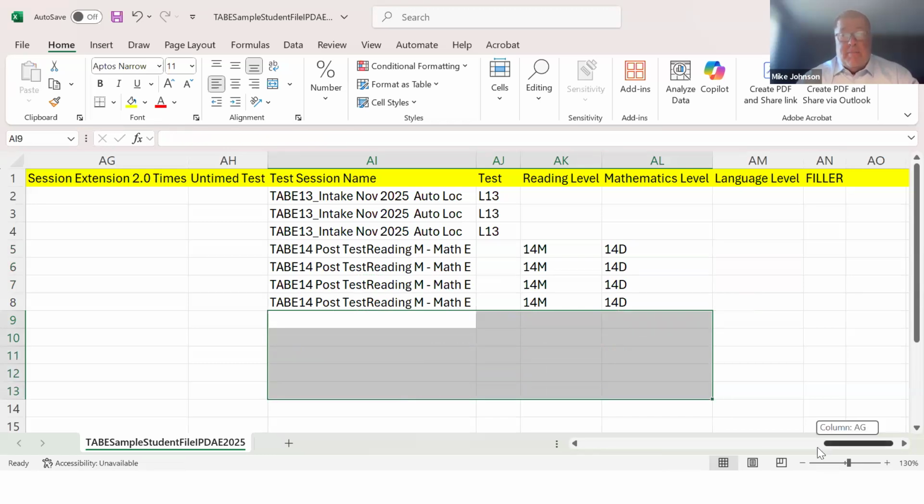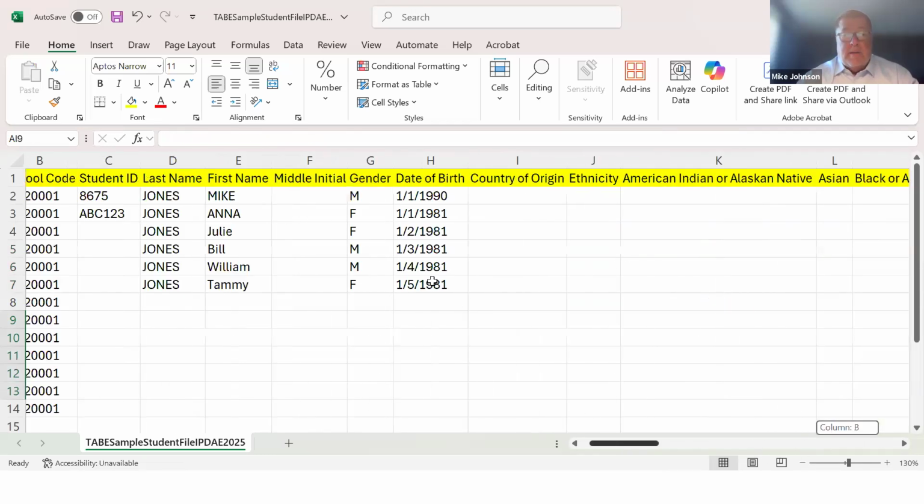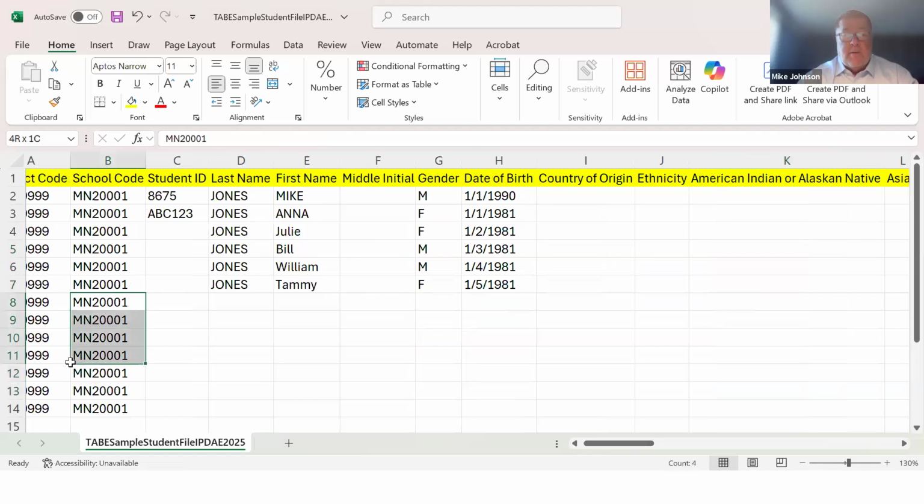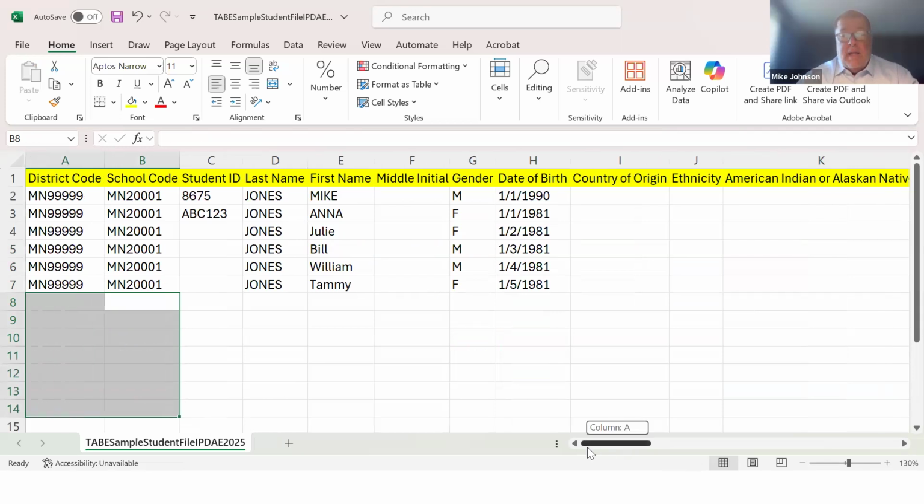Now, again, this spreadsheet can be as long as it needs to be, but I'm only going to use it for these 6 students. So I can get rid of this information that I don't have. And I can save this file. Notice that I only have an ID for a couple of the students. They're not required, so that's okay. So everything looks good in my file, and I can come back to my portal